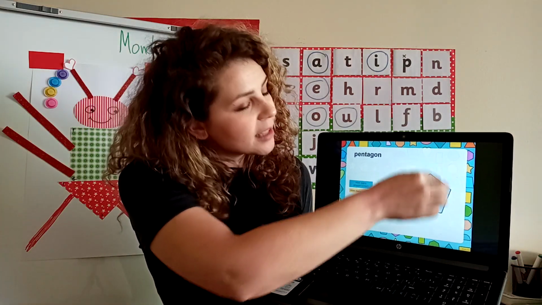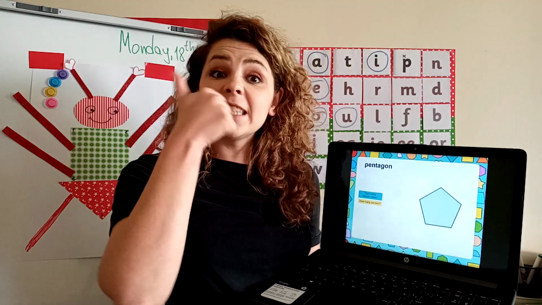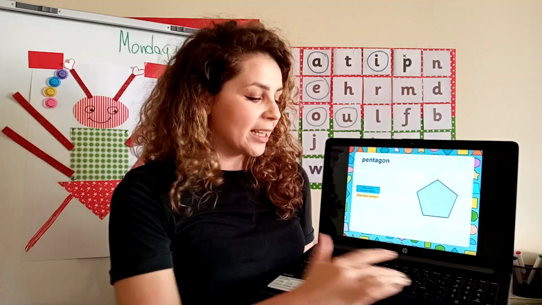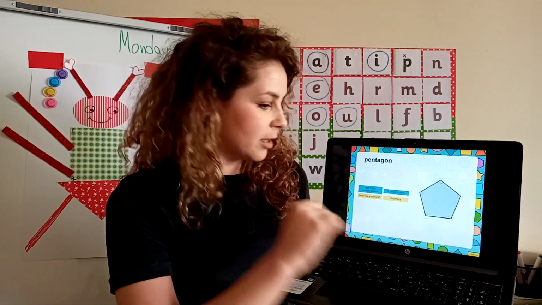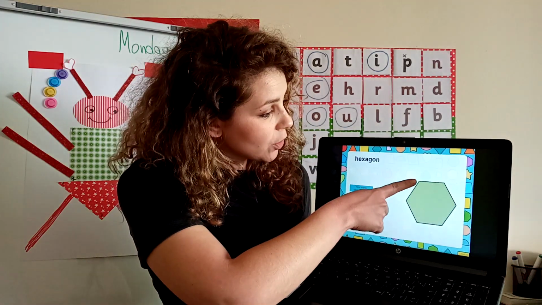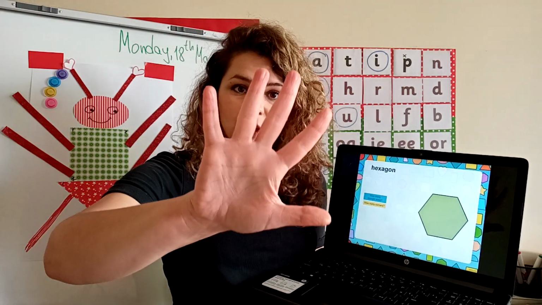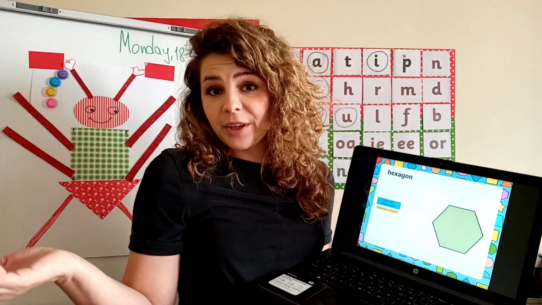You can see that all the sides are straight. Now the next shape I'm going to show you will have 6 sides and 6 corners. And all these sides will be made of straight lines, and it's called hexagon. Hexagon. Okay? 1, 2, 3, 4, 5, 6. 6 corners. Okay? So we had a shape with 5 sides and 5 corners. This one has 6. The next one obviously is going to have 7 sides and 7 corners, and it's called